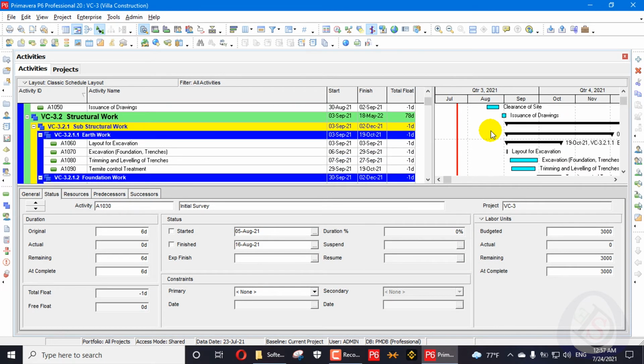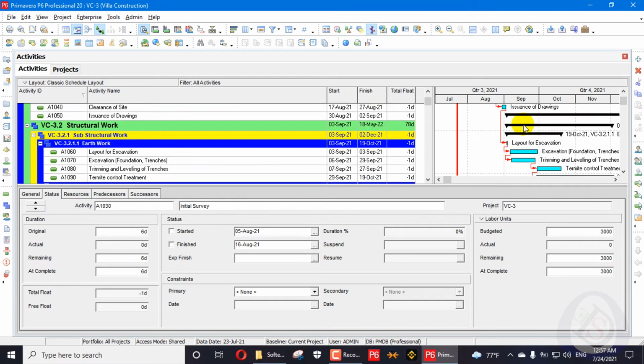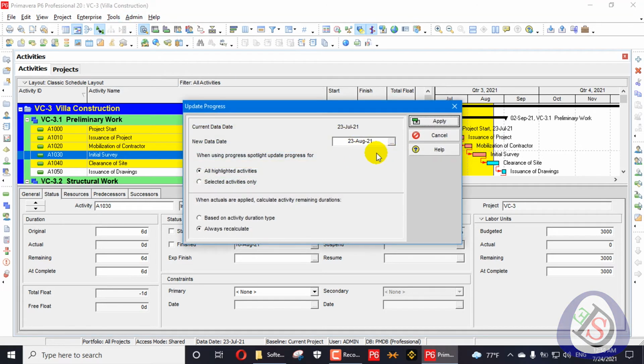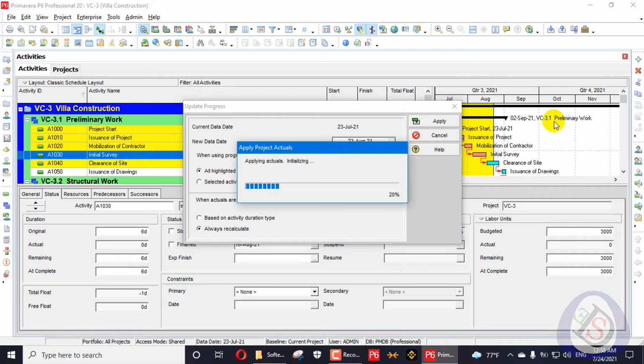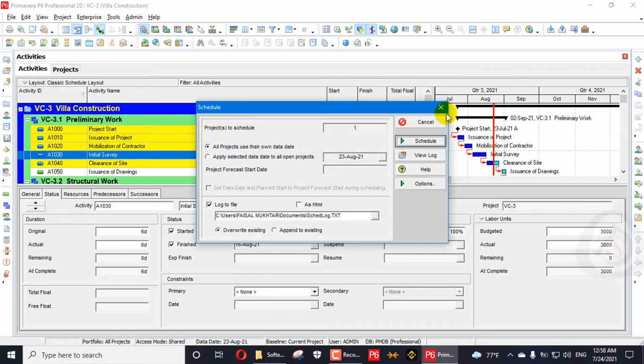So for example, if the project is in progress, so what will be impact on this color? Because this project is not progress, this is the baseline project, so we cannot see how the look ahead appears. So mostly we need a look ahead during the project monitoring phase. So what we will do, we will just apply something, go update the project, all the highlighted activities, and we will update the project up to 22 of August. We will see the data date here, 23 of August.